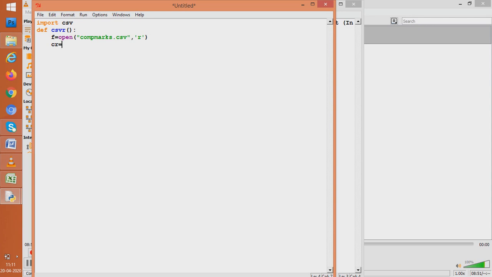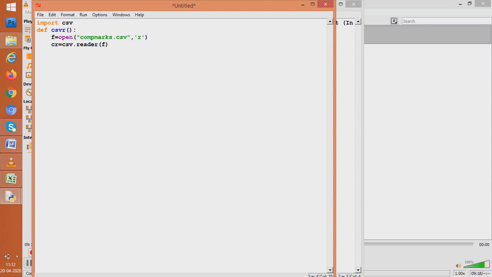So there is a function, like in text files there was a function .read. Here is a function called reader, csv.reader. Now csv.reader is the function here. And we'll write here what we want to read from this function. We want to read f. f means what? f means the file compmarks.csv, as f has been connected while opening compmarks.csv.